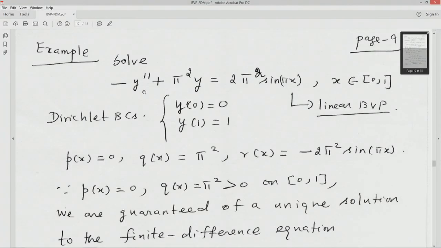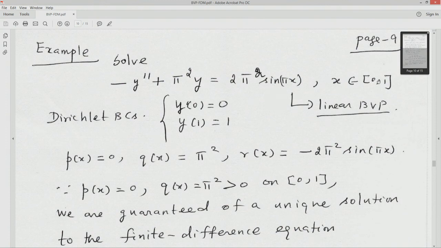So, let us now see how we apply a finite difference technique for solving a linear boundary value problem governed by Dirichlet boundary conditions. Let us take the following example. We have a second order equation: minus y double prime plus pi square y equal to 2 pi square into sin pi x